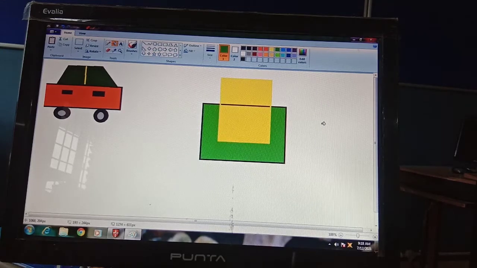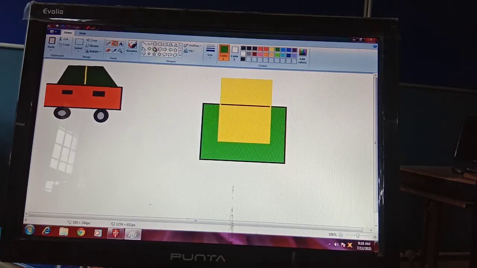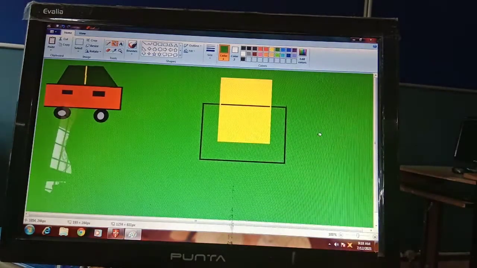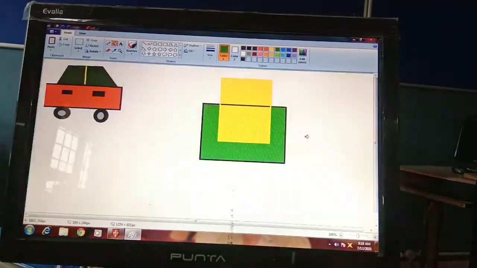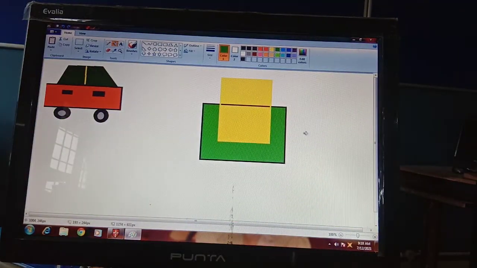Just any picture I am making, a simple picture with the help of shapes. So this is a picture. Two pictures are there. With one picture I will make a copy, and the other picture I will move.